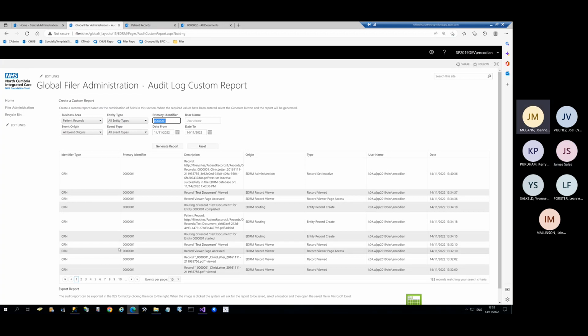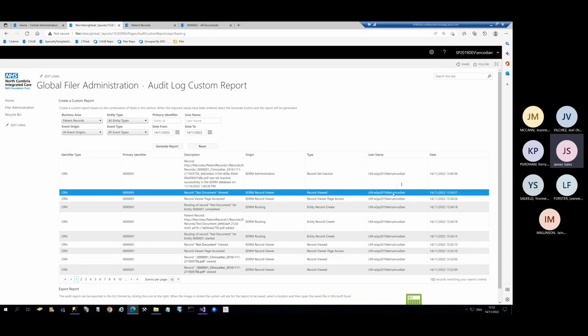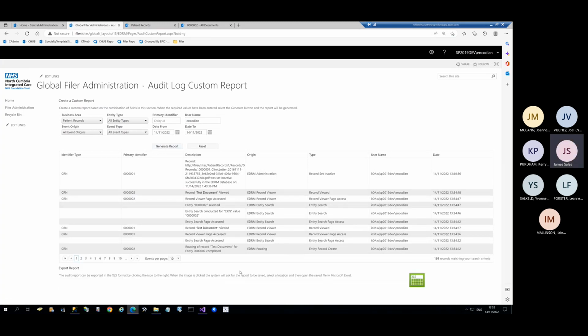Can I ask another question? Yeah, of course. You've just got the patient identifier. What if you wanted multiple patients for the same day under a user, just in case there's been quite a few errors? Yeah. So if we get rid of the patient identifier, we should be able to take the username here. I think I might need the full username, but let's see if it'll do it with this. Yeah, so there you go. So that's done the Encodian user in that date range,